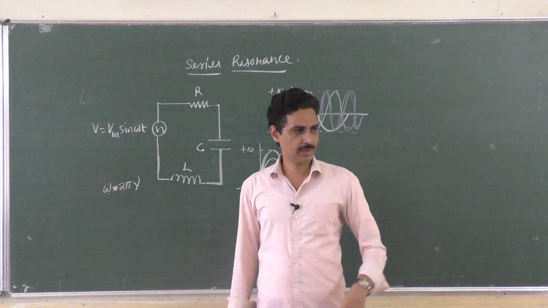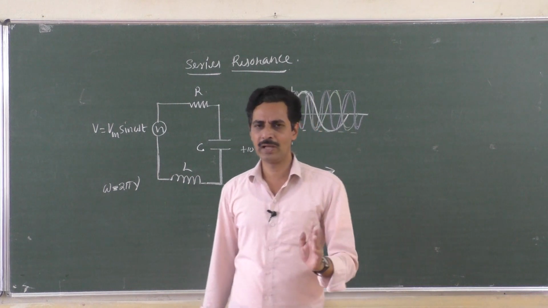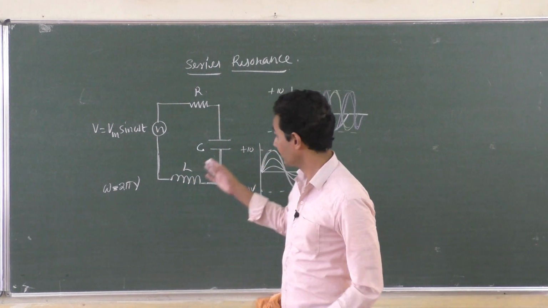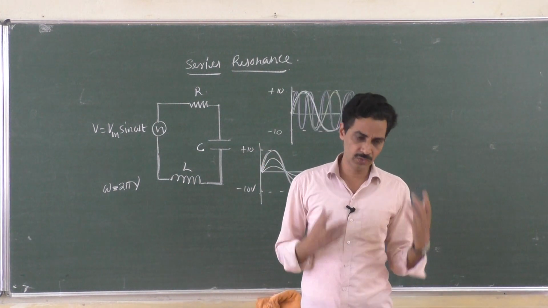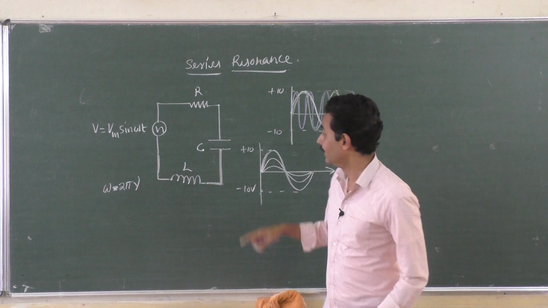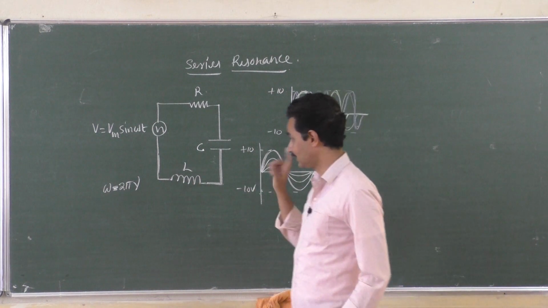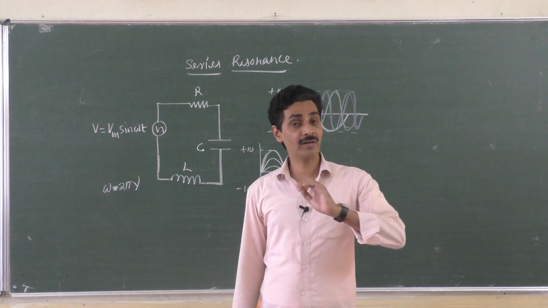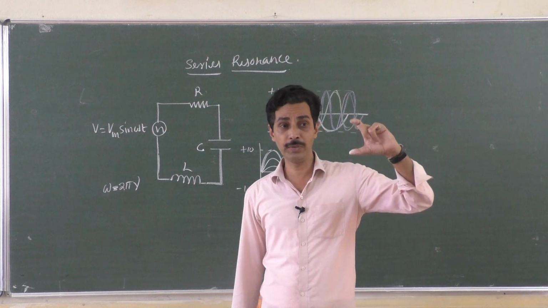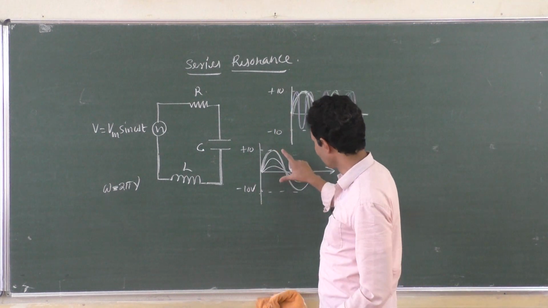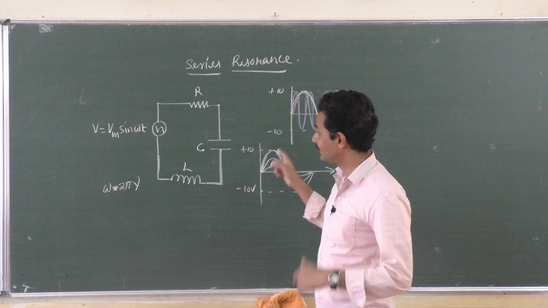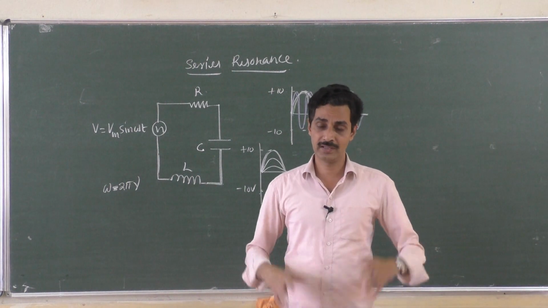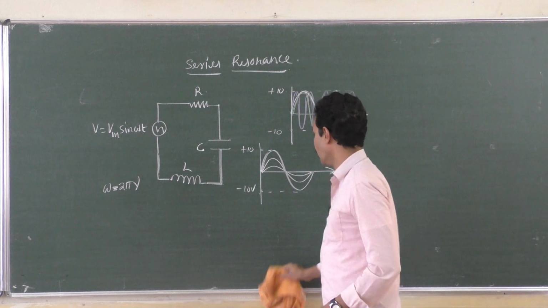That cannot be varied because it is a fixed AC with peak value and RMS value, and we don't change the number of cycles. But for experiments, we can use some sources which can change the number of cycles repeated in a second. That decides the whole activity in the circuit. It is very surprising. It is not the amplitude of current that you supply. So you can change the amplitude also, but it is not that which controls the circuit. It is the frequency, number of cycles repeated, which controls the circuit. How? You see,